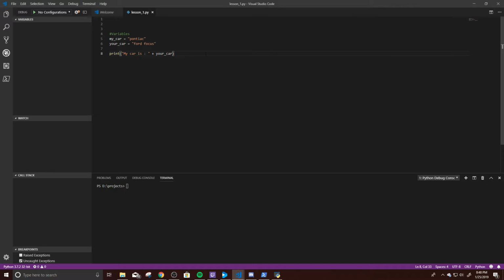So now getting back to variables. The other thing I wanna comment on is you can actually update variables. So here we have the variable my car and your car, and then we print out a statement that says my car is the variable your car, and when we run the program, it prints out my car is Ford Focus. Well, what we can actually do is we can target your car again, and we can update it, and we can say it's a Jaguar now. Right. And then when we reprint the statement,